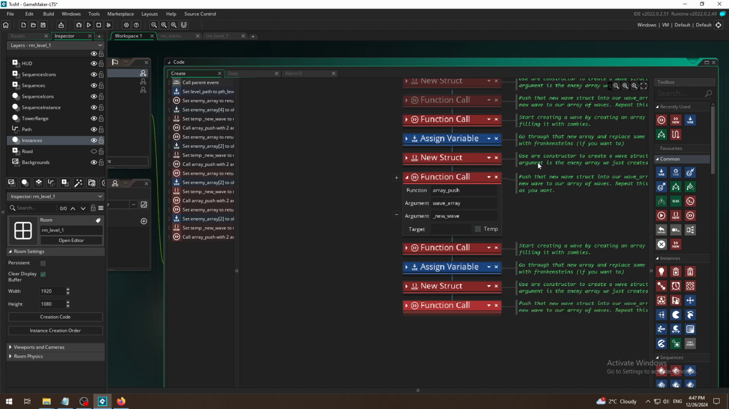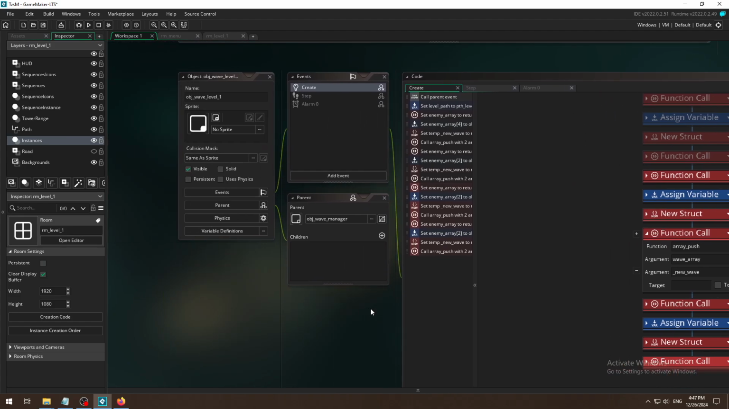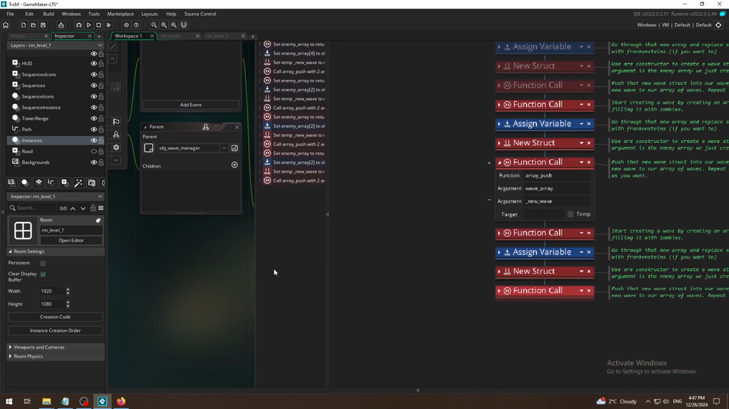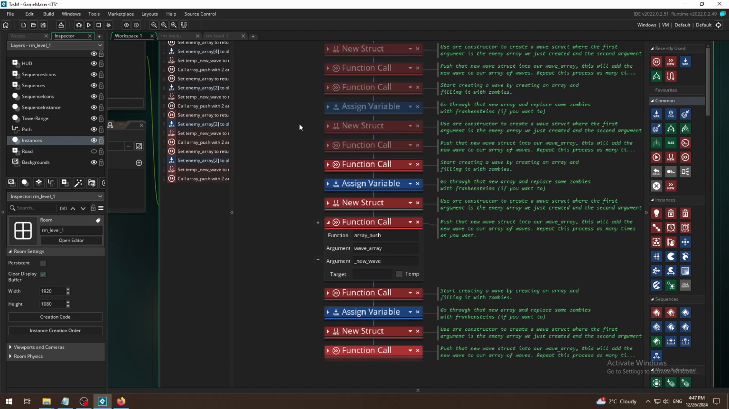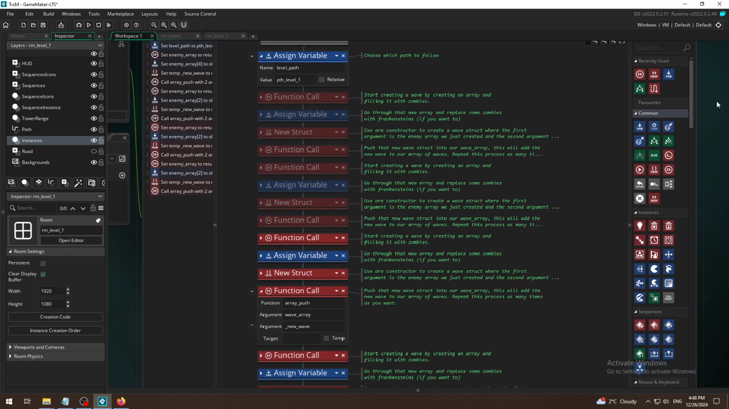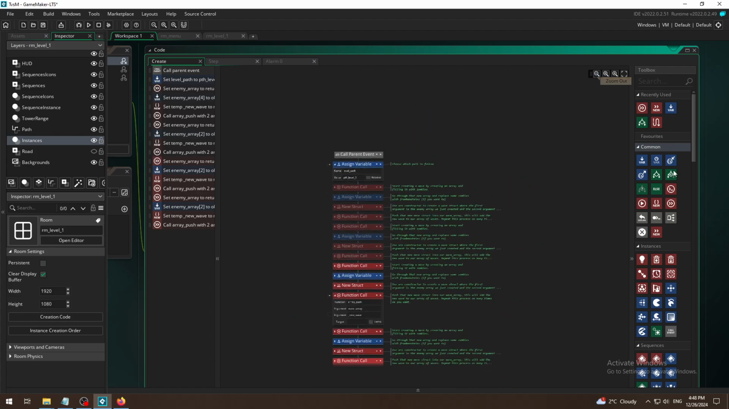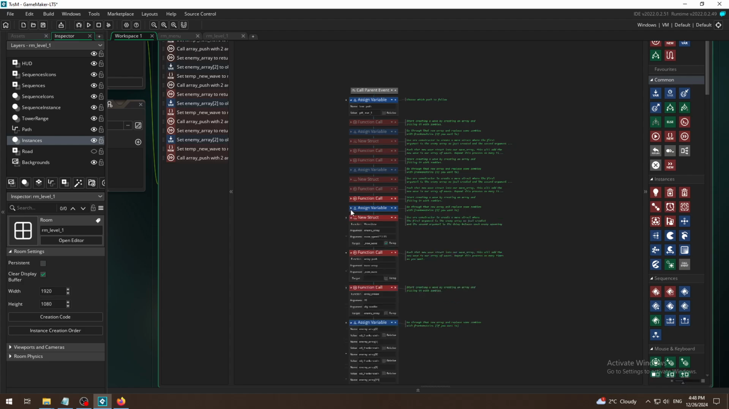Again, I have just copy pasted existing code blocks, 4 of those: function call, assign variable, new struct, function call, in object which is called obj wave level 1 in create event, and that is how you add enemy waves. But again, the crazy stuff is that this would look bigger and bigger. The more enemy waves you add, it would grow as crazy, especially when you open all of those,